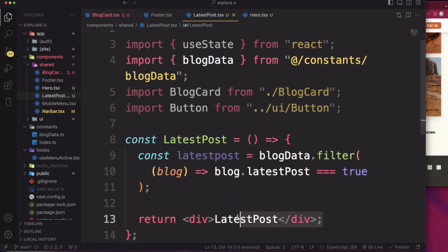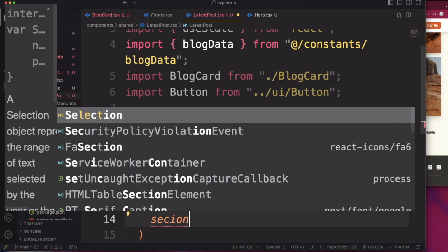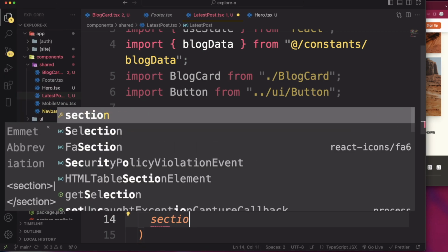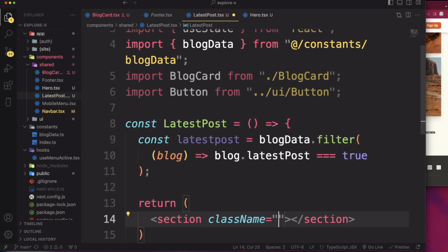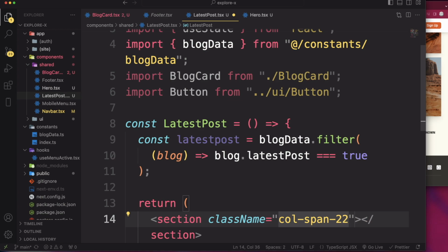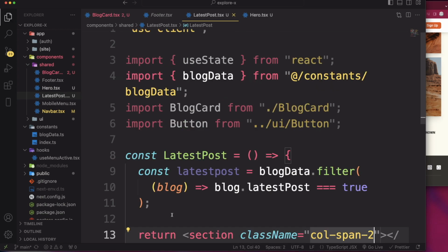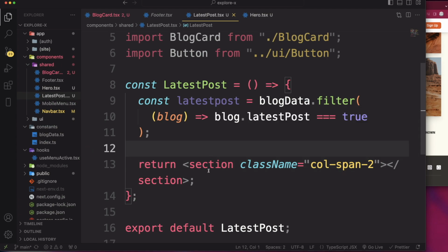Actually, let's finish this and then we'll add the button, just so I can explain it a little bit better. So let's do a section. It's going to have a class name of col-span-2. Okay, and you guys are probably wondering, why am I putting col-span-2 here when there's no grid at the top? So inside of our